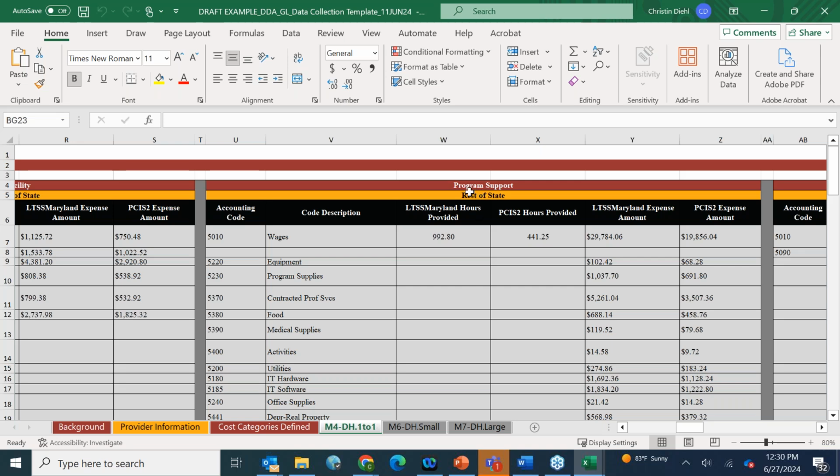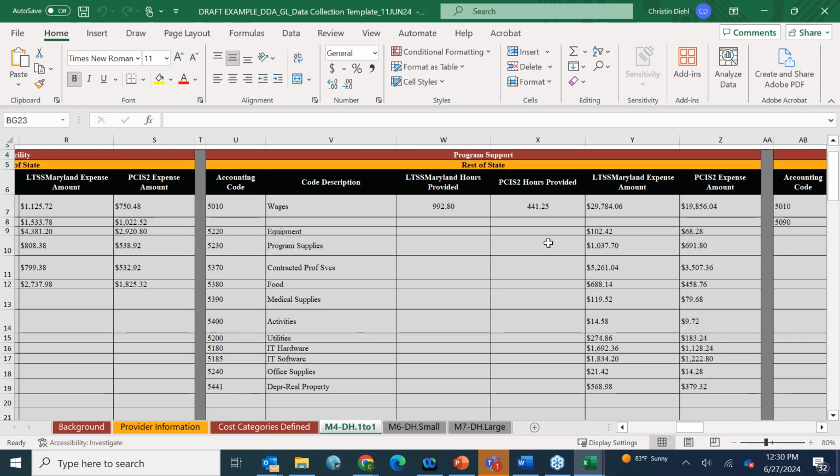And so same for program support. We've used our cost category definitions to add all the information in program support. So wages, again, would be for the program support staff. And the DSP wages go in the DSP direct care staff cost category. And so these would be all of the costs of providing the services under program support. Again, we've added the hours where the wages are there, and then the expense amount across each of the two